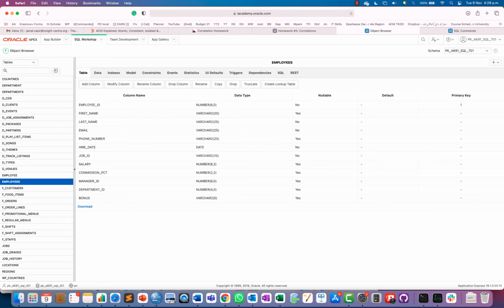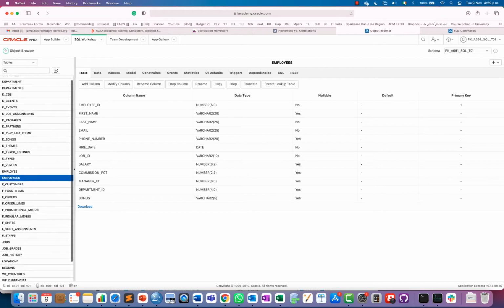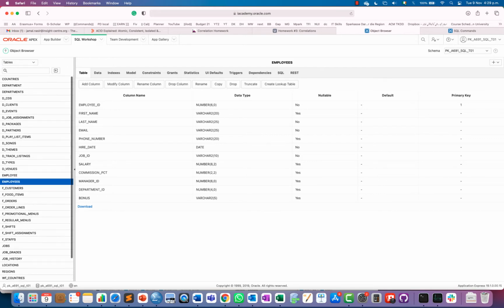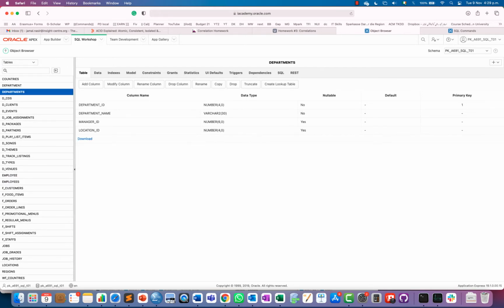Then we can join. For example, we have a departments table, and you can see in the departments table we have a department name. Obviously you wouldn't tell someone that you're working at NUIG in department number 23.